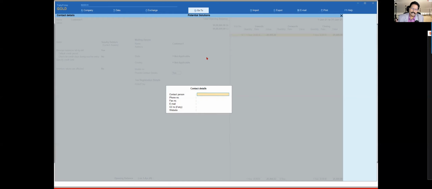And when you're creating the ledger master, you will have this additional field where you can go and capture the contact person name, phone number, fax, email ID, and if in case you want to have any CC to be automatically selected for this thing. So again, the moment you specify the email ID and CC, if any, when you are mailing. So again, in Tally, we have this option where you can directly mail.